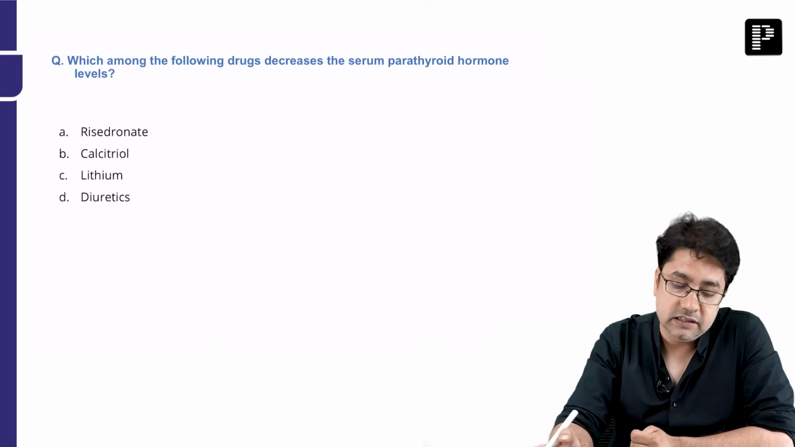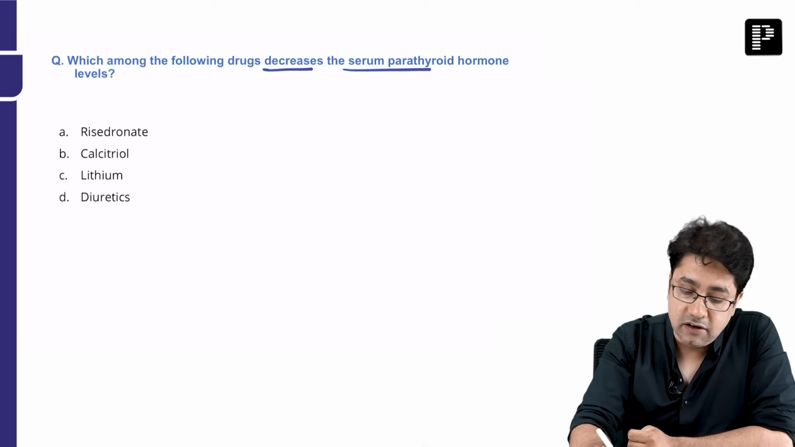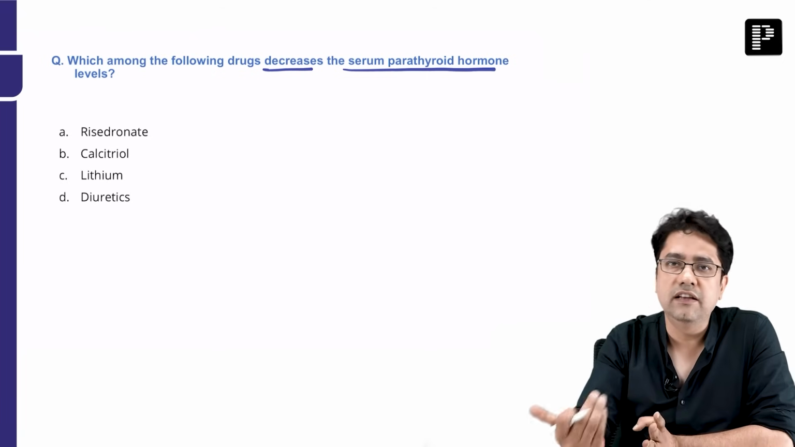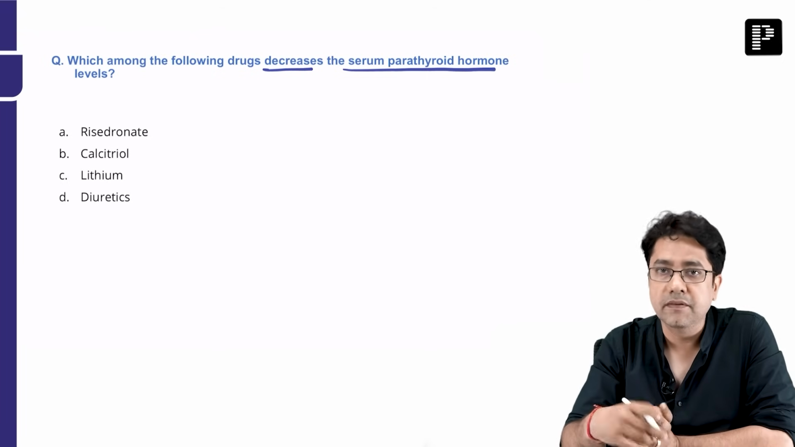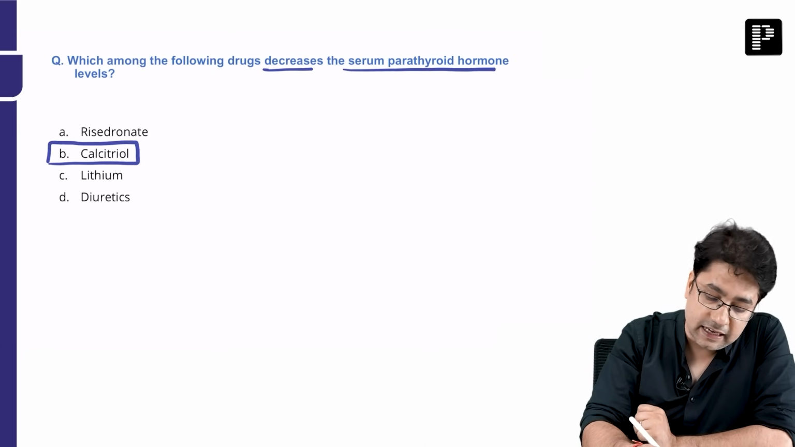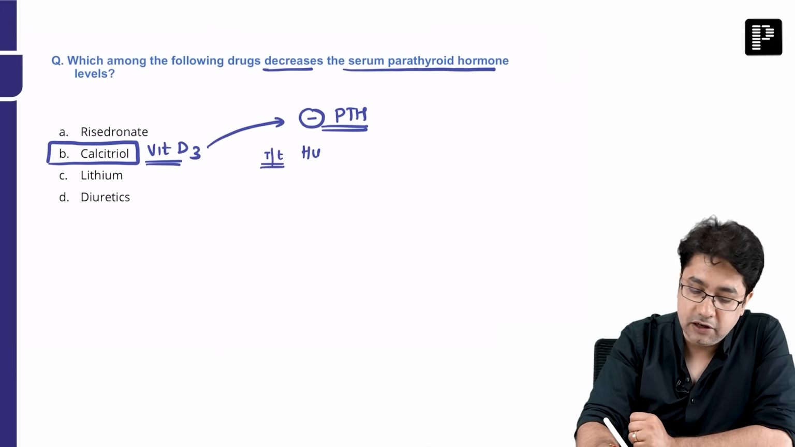Now the next question is, which of the following drugs decrease the levels of serum parathyroid hormone? So this is a question which can be overlapped with physiology. Remember, the answer is calcitriol. Calcitriol is the active form of vitamin D, which is known as vitamin D3. Vitamin D3 inhibits or suppresses parathyroid hormone secretion. That is why vitamin D is also given in the treatment of